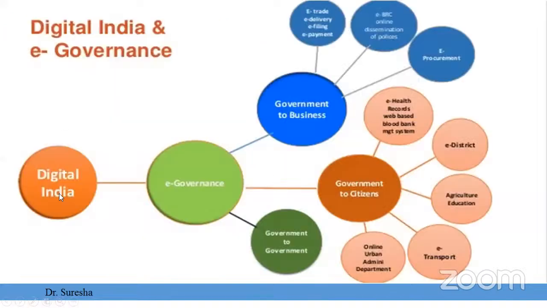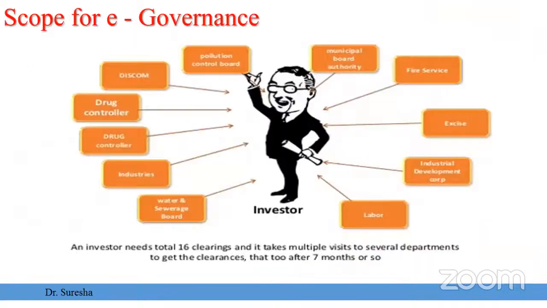So Digital India, e-governance, government to business, e-trade, e-BPCL, electronic procurement, everything. Nowadays, whichever domain you look at, we are using e-governance. There is no doubt about it. Scope for e-governance: an investor needs a total of 16 clearances and takes multiple visits to several departments to get the clearances,